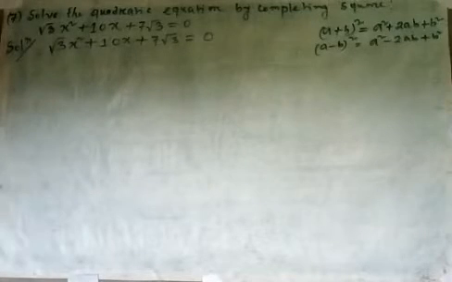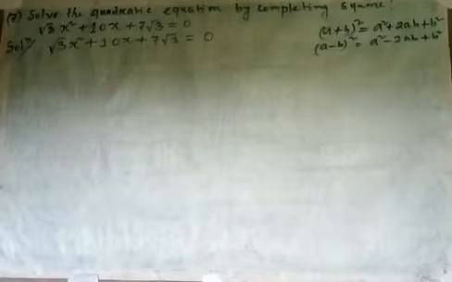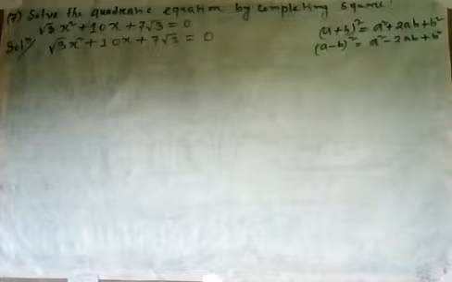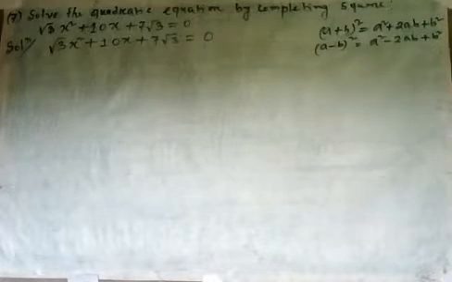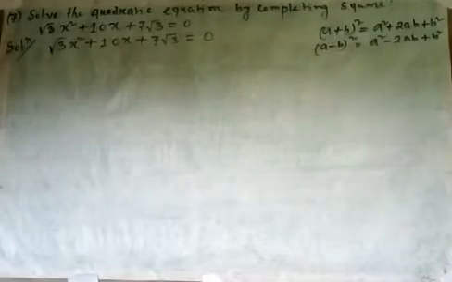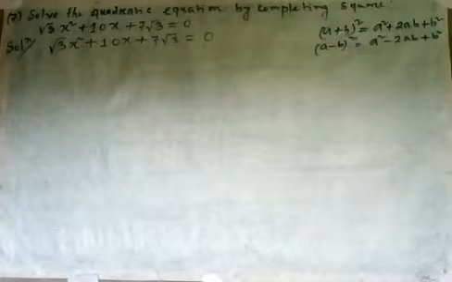First of all, we have to make only x square, because there is x square, there is root 3. So if you want to make square of root 3, it cannot be like that easily. That's why we have to just divide all this by root 3. So write down on dividing